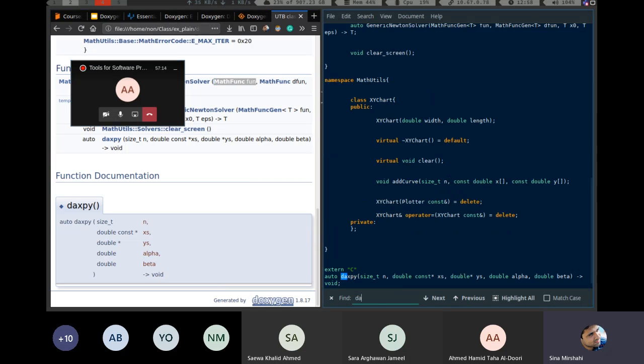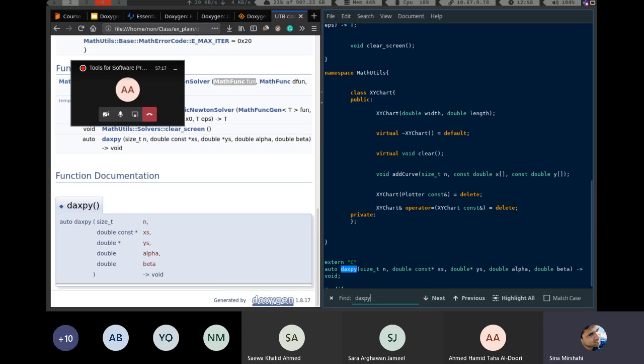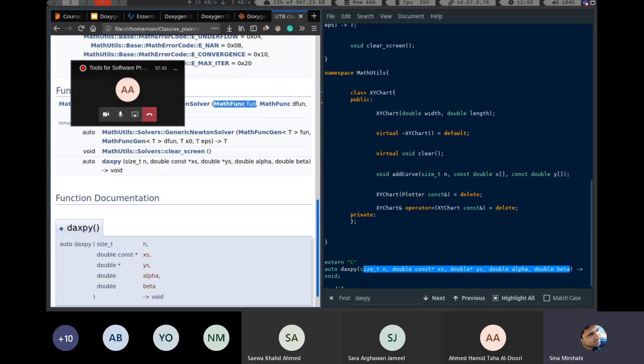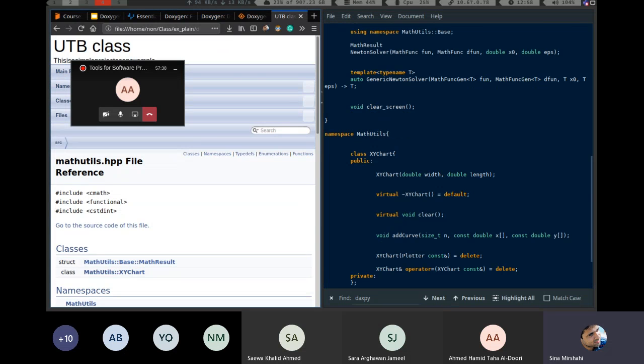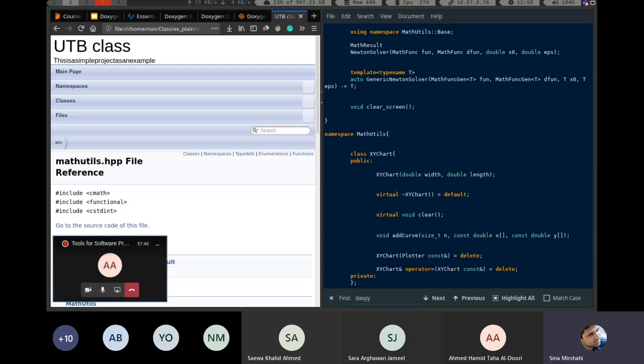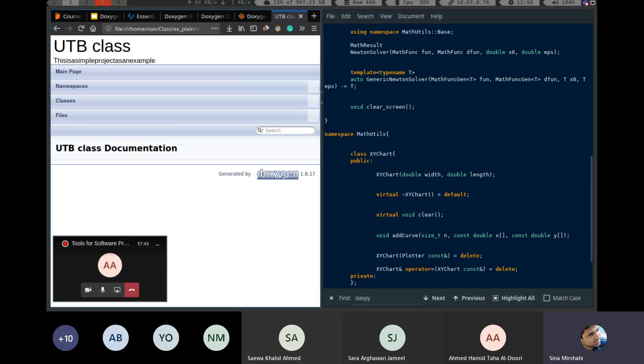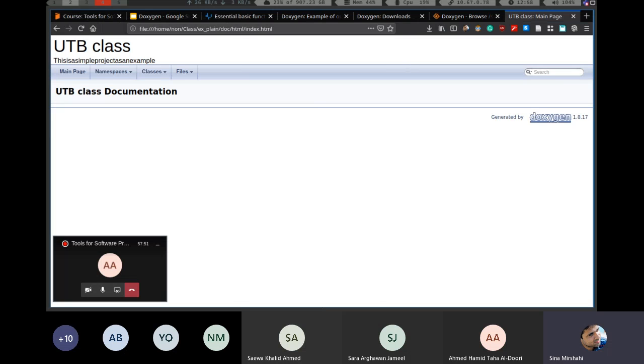Let me show you dox. You see, it's some kind of, as you see here, like function documentation. It automatically shows, just finds this and puts it in a nice way for you, that each, for example, this is double, this is this, and so on. So if you put extract all, it automatically generates some kind of documentation, even though it doesn't explain anything. It just creates a structure for you. So far, so good. Let me close it, and then,